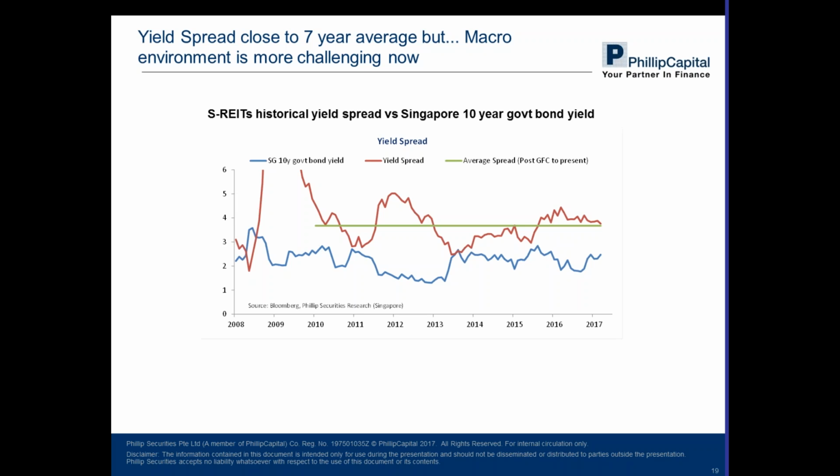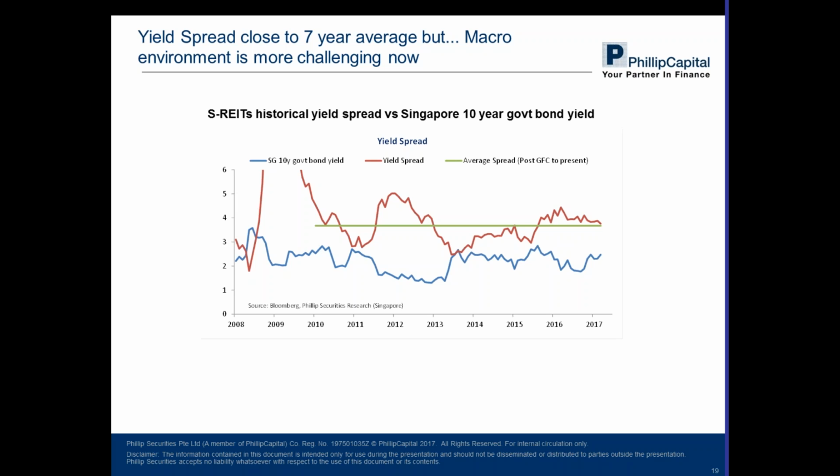I would say some of the sectors' fundamentals can be said to be improving. For instance, in the office sector, we do think that demand this year would be better than last year. But not just about the demand side, the supply side is very unfavorable as well, and not just for the office sector. So you have unfavorable demand and supply dynamics in the midst of a rate hike cycle, a normalizing interest rate environment. That is not going to be very conducive for REIT investments.